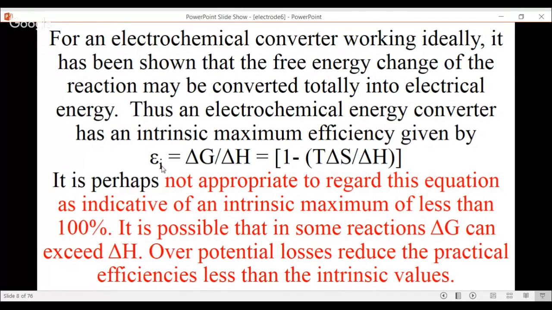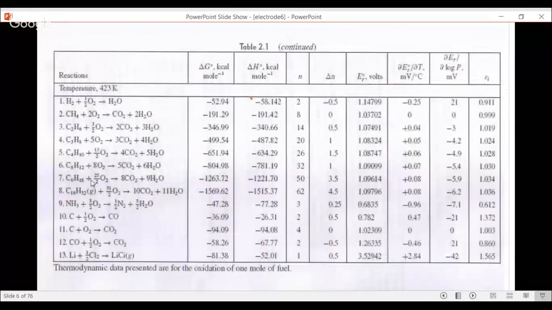For example, you take CO plus oxygen giving rise to CO2. The number of product molecules is 1, the number of reactant molecules 1.5, therefore the delta G will be a negative quantity. Therefore, this term will become positive. Therefore, it will be efficient. So, if you take this reaction, you can see the maximum voltage that can be obtained is 0.782, but the realizable voltage is